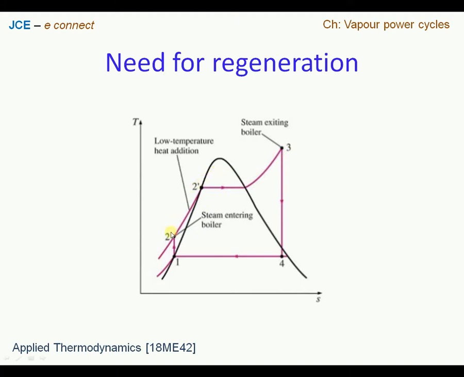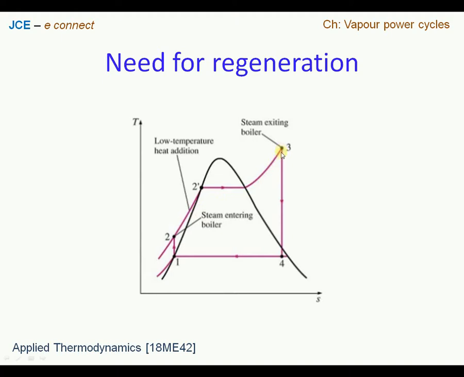Among this, we see that the system is passing through the curve 2 to 2 dash, and then from 2 dash to 3. When we look at the sensible heat addition which is happening from state point 2 to state point 2 dash, we see that this is happening at a relatively low temperature, which is not so attractive. So one can bring some changes into the cycle so that we can shorten this process without compromising the heat addition. Therefore one method has been proposed here, which is called the regeneration method,